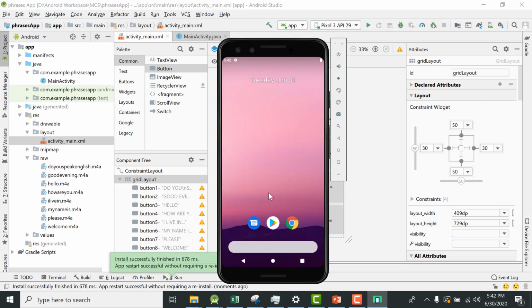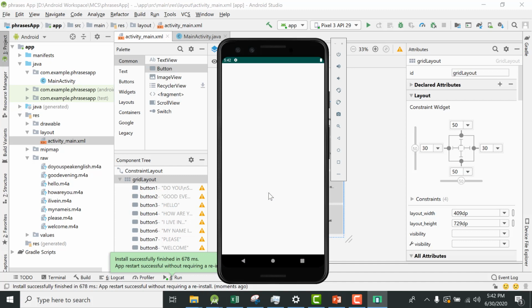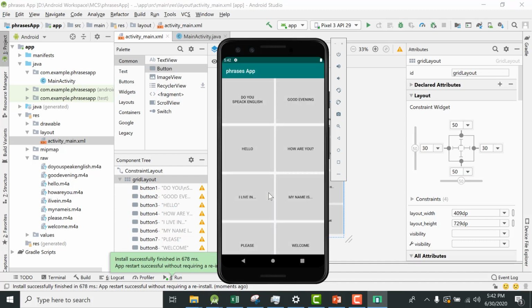Rerun it. And now you see that there is some improvement from the top, but our buttons are still crossing the boundaries at the bottom. So